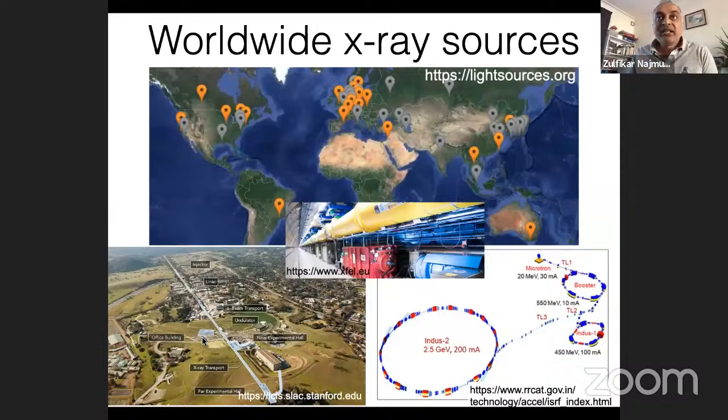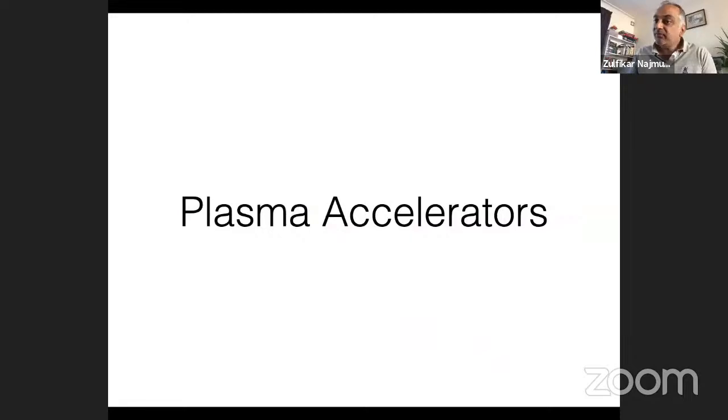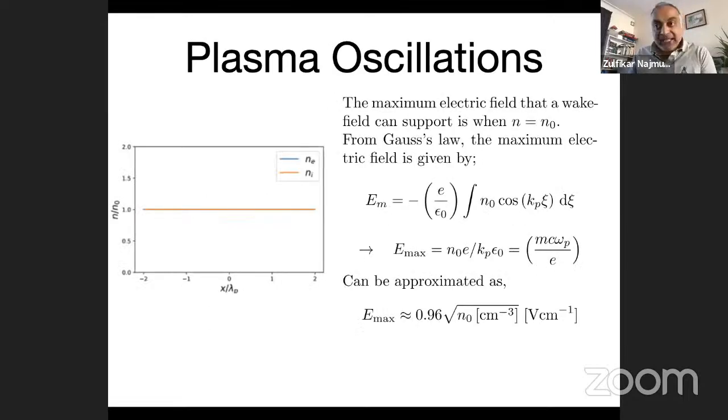So okay, having established that, what we would like to do is to be able to bring particle accelerators of that order to make them more common, to bring them to more widespread use. And so one of the ideas for doing that is to use plasma accelerators. So a plasma, as opposed to the copper tubes that we talked about, which the conventional accelerators were housed in, a plasma in this,